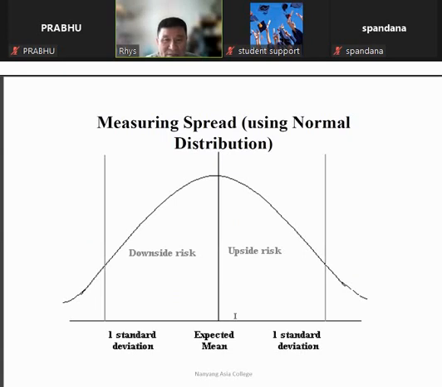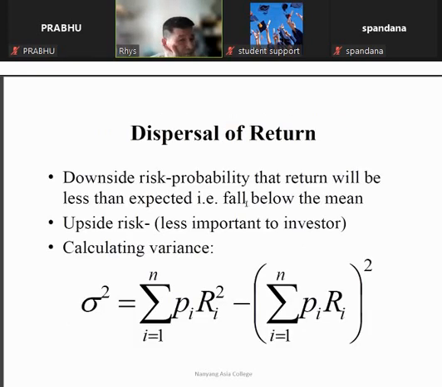So what is your expected return? You expect the return to be at the mean value of the normal distribution, which is this part. The failure will occur here. That is not possible because your estimation is that you expect this level, which is 3 sigma, right? 3 sigma is about 99%. Successful. So downside risk is the probability that the return will be less than expected.